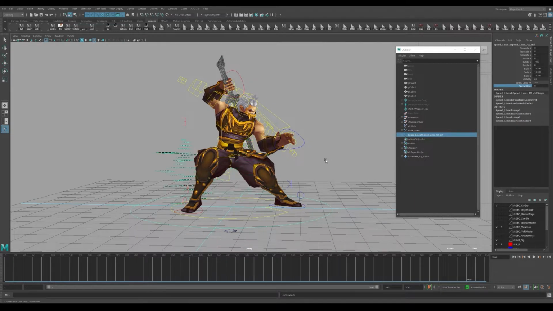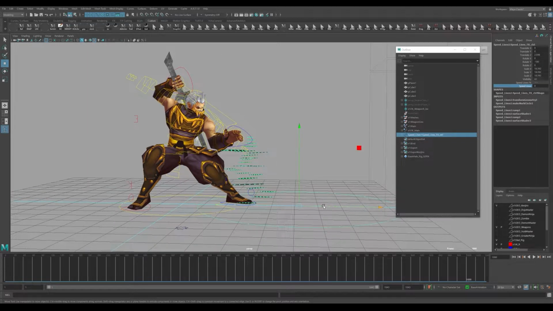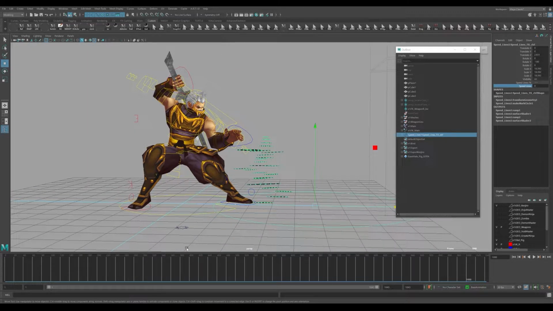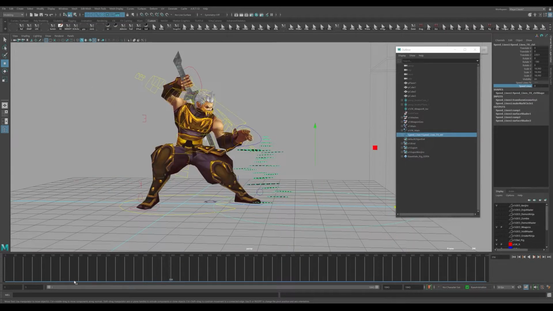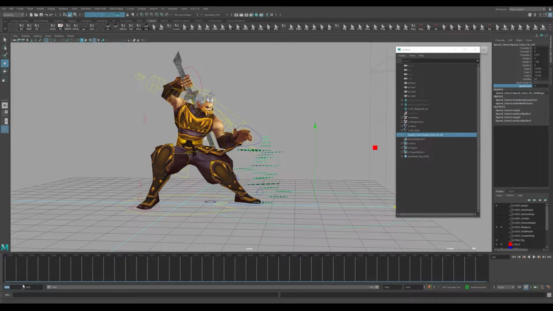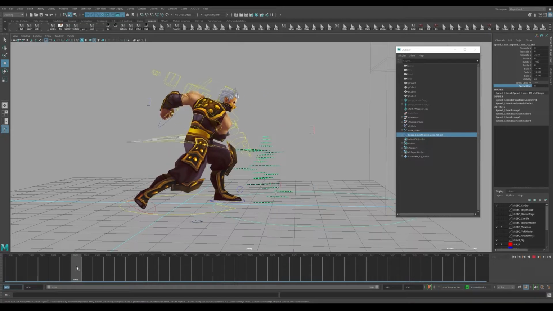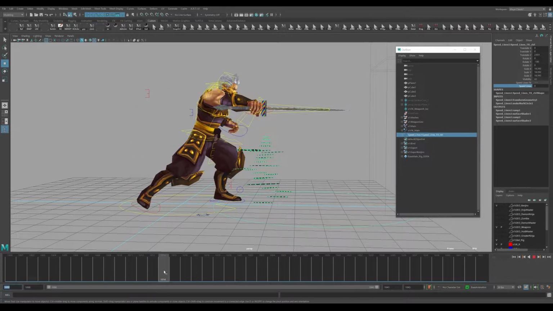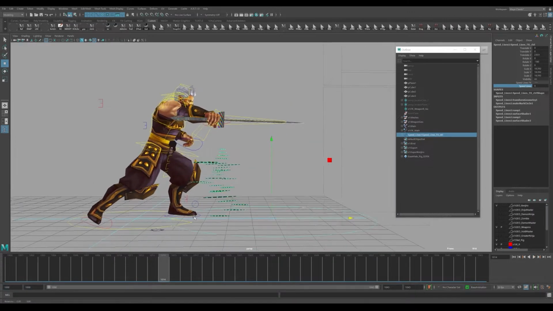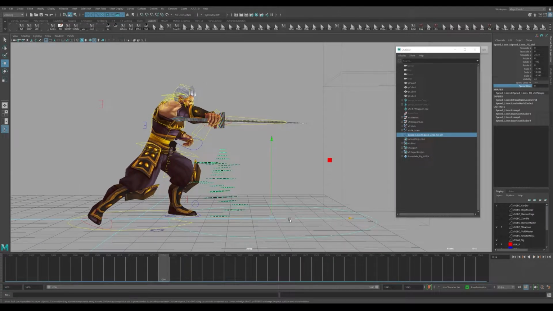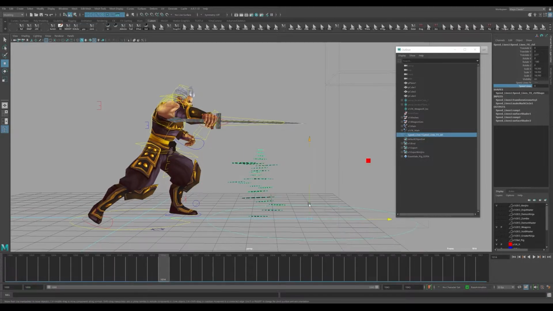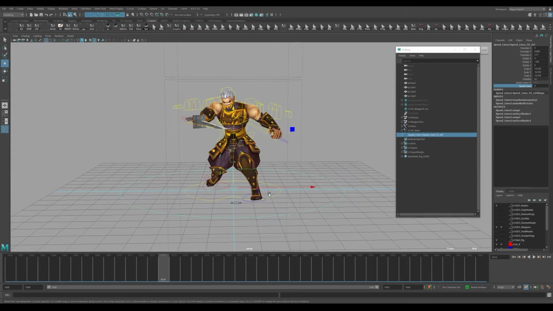And I'm just middle mousing, dragging that. And then I can scale this as I see fit. I can always change that later. But let's take a look at what we can do for this animation. What I really want in this one is to put these speed lines around this area here when he's making this swing, around the 1014 mark around here. So I'm just going to translate these lines out to roughly where I want these